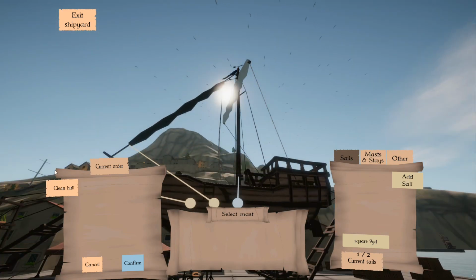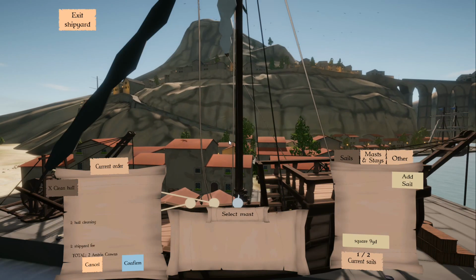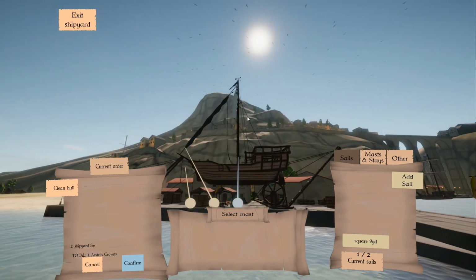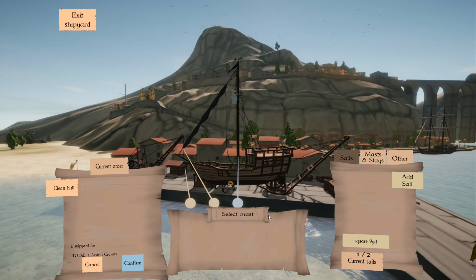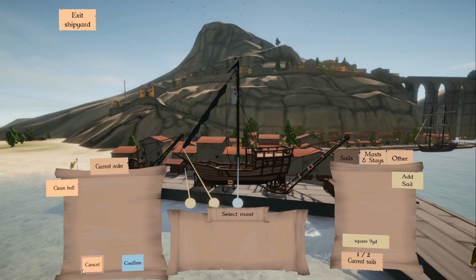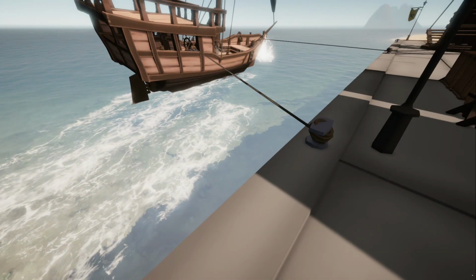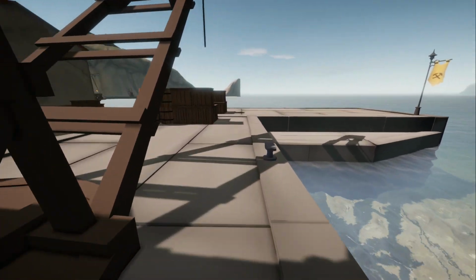But yeah, I think that's pretty much the video right there. Also, you can do a clean hull thing for just a handful of gold. As you can see, the ship was clean just a little bit. Your ship does get dirty every so often, just casually over time. Let me show you. There's a way that you can actually clean the deck yourself. It takes some time, but